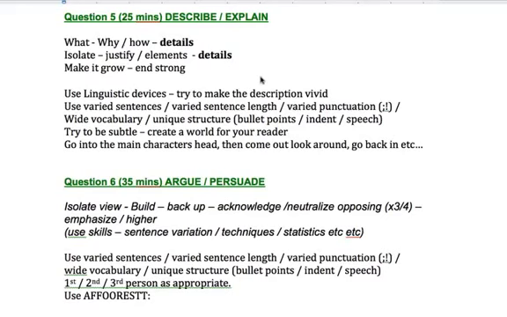This time we're going to be looking at last minute notes for section B on the language paper, which is going to be describe and explain in question 5 and argue and persuade in question 6. Question 5 you're going to spend less time on because that's the one that's worth 60 marks and the other's worth 24 marks. The most important thing to remember is that you focus on the what being referred to in